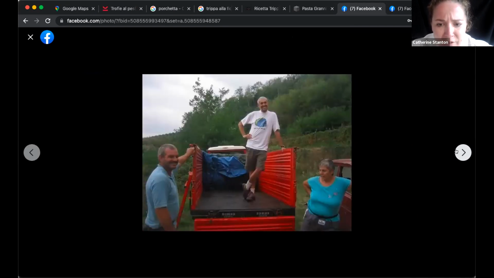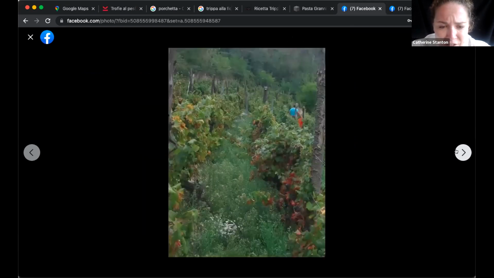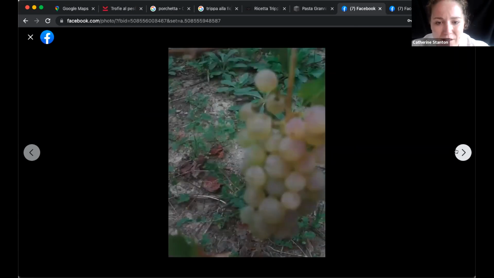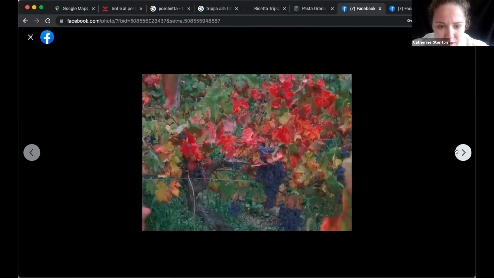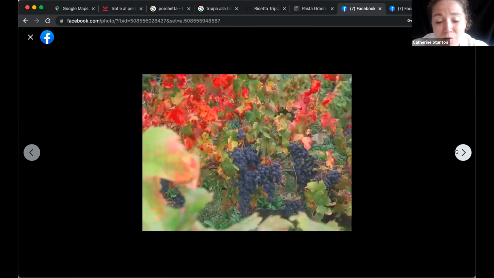These are some of the lovely growers of a local vineyard that I was fortunate enough to live on. It is labor intensive. There's a reason why high quality wine is expensive, because you do not have machines going in and shaking the grapes off of this. You are going in and hand picking this. And steep growing areas. The grapes have to reach a certain level of sweetness to be harvested.